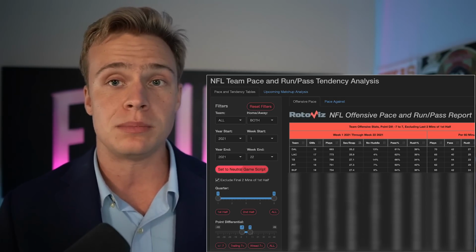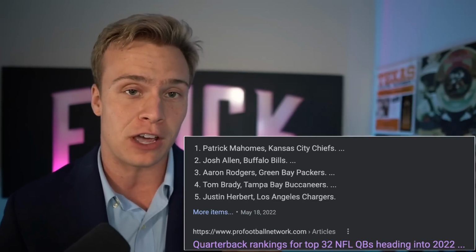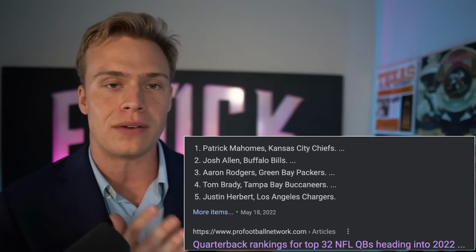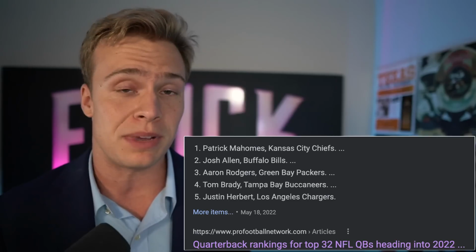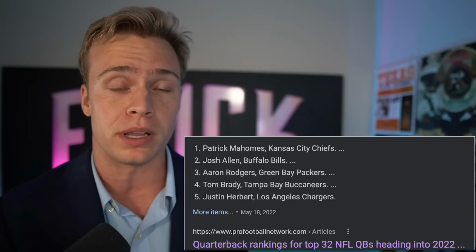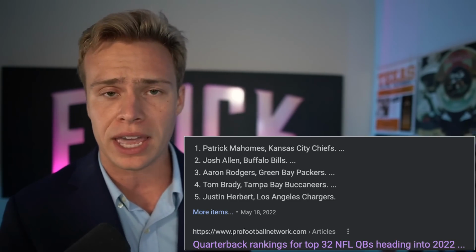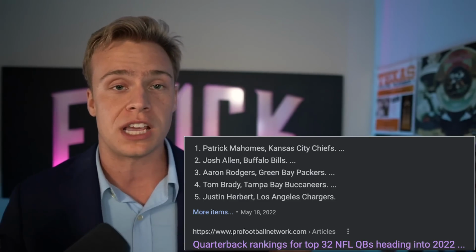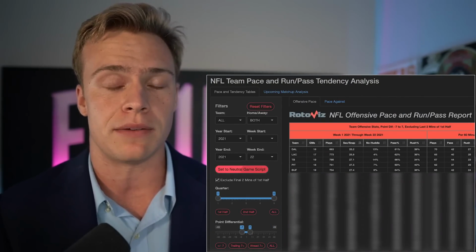Now, what do these teams have in common? Not only do they have elite level quarterbacks from an NFL standpoint, think about it. If you're a head coach, hell, if you have Tom Brady, if you have Justin Herbert, if you have Dak Prescott, if you have Josh Allen, you're probably wanting to run as many plays per game, knowing that every play you get off, you give yourself a slightly higher edge than your opponent. And maybe you remove some of the randomness with a larger sample size throughout the course of a game overall. But you see these teams have those elite level quarterbacks.